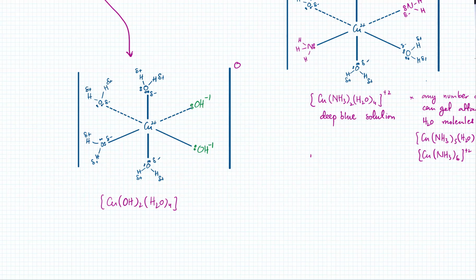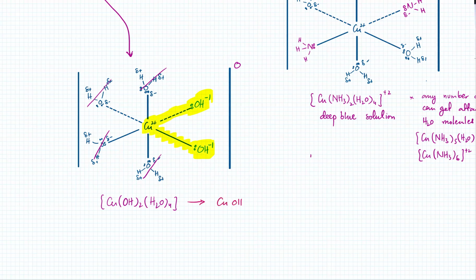So OH minus one is kind of neutralizing the charge. So after this, there's no further attraction for water molecules even. So all these water molecules drop off because they're not going to be attracted to something that almost has zero charge. So it's just copper with OH ions, and it no longer has any charge, so it no longer attracts water molecules even. So this thing would eventually turn into a precipitate of